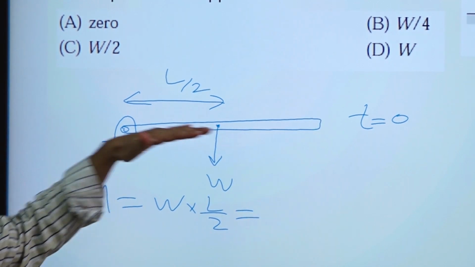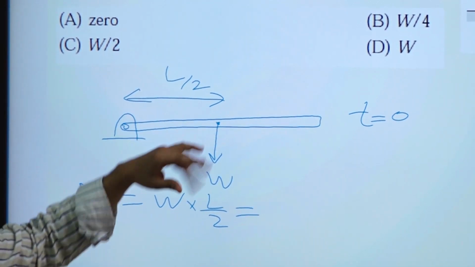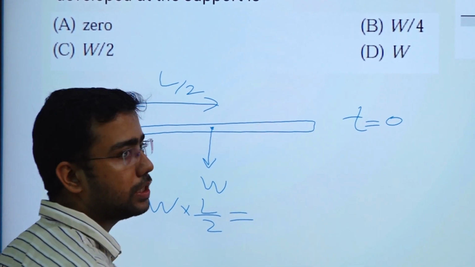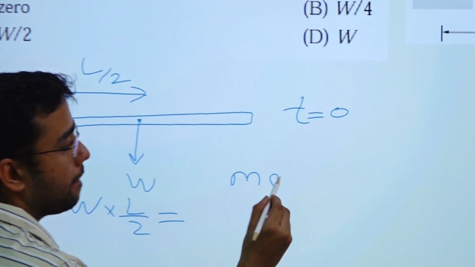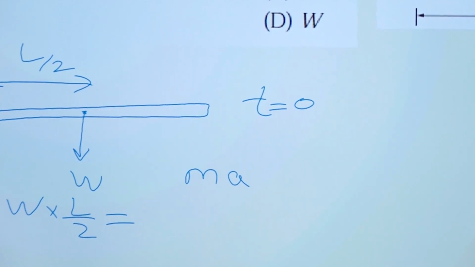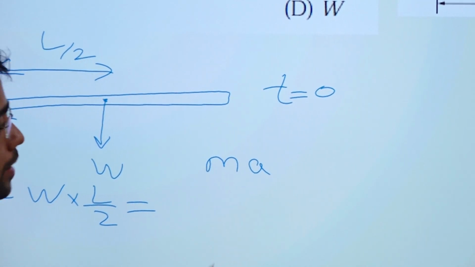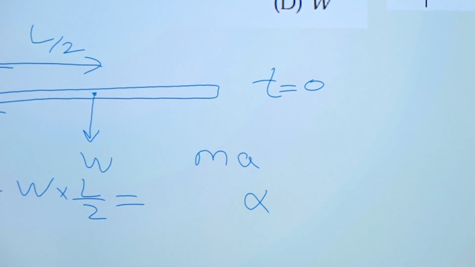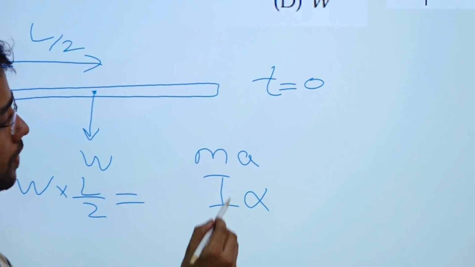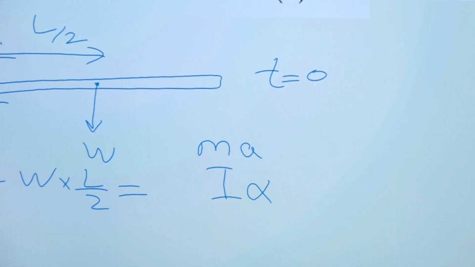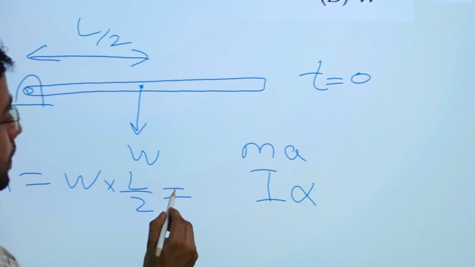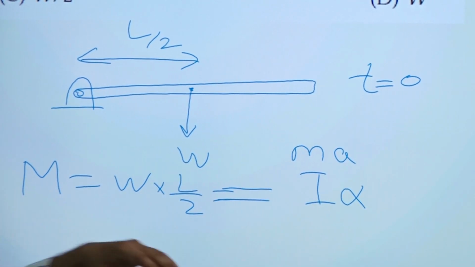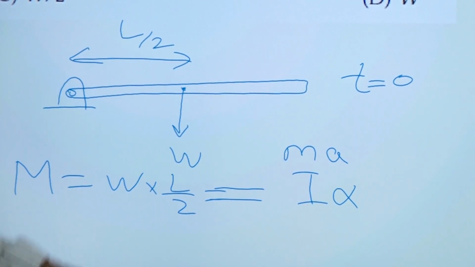So because of that, angular inertia will happen. What is the angular inertia? Simple inertia of any body which is moving with an acceleration is ma. Suppose a body is rotating with alpha angular acceleration, then I alpha will be the angular inertia. So it will develop inertia when we remove the force; this rod will develop inertia.